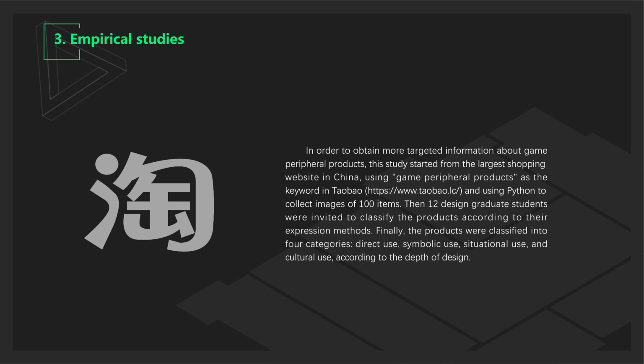in China, using game peripheral product as a keyword in Taobao and using Python to collect images of 100 items. Then 12 design graduate students were invited to classify the products according to their expression methods. Finally, the products were classified into four categories: direct use, symbolic use, situational use, and cultural use, according to the